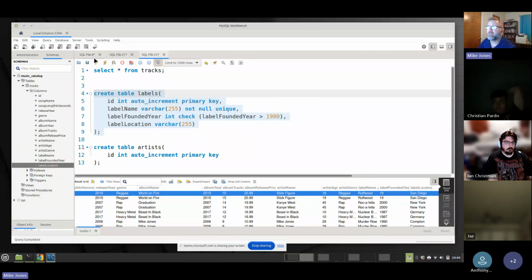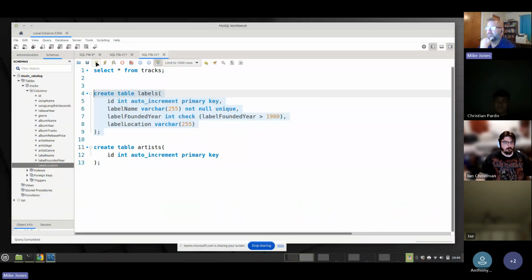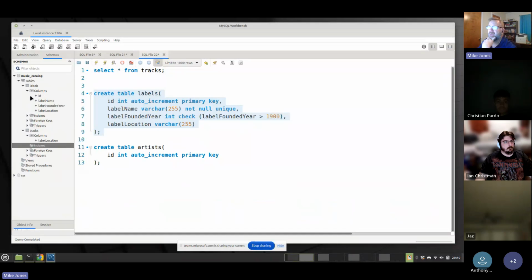So I'm going to go ahead and run that. Right. I've got it highlighted. I'm going to go ahead and issue the command to create it. Okay. And if I go and refresh over here, I should now have a labels table. I can expand it out and take a look at it. Okay. Another thing that I can do